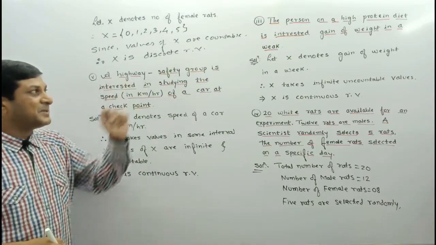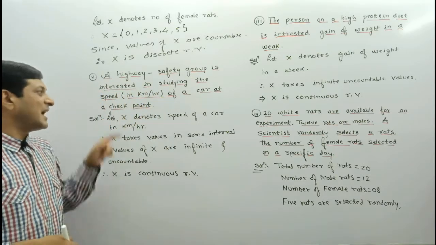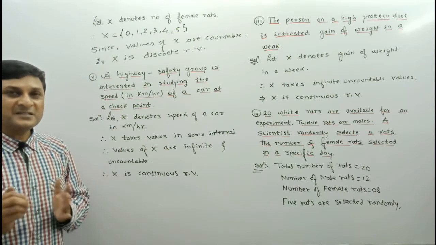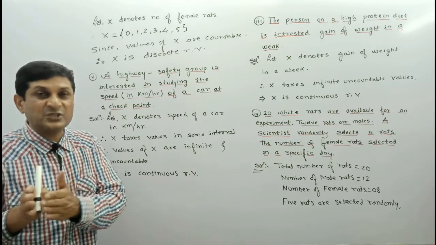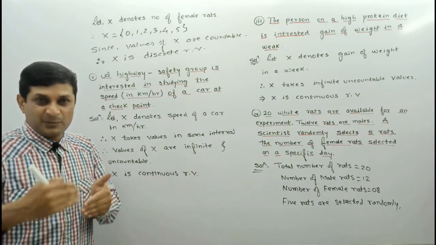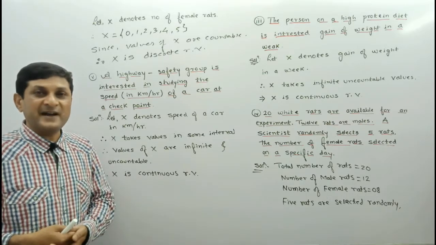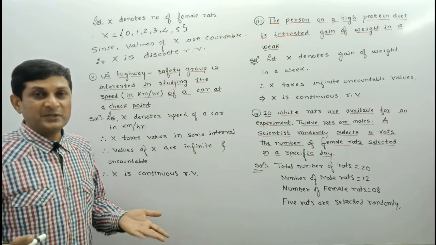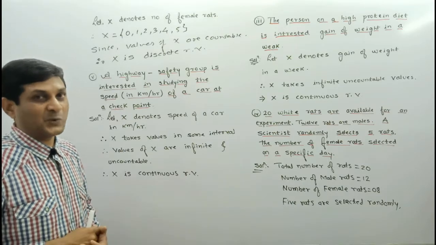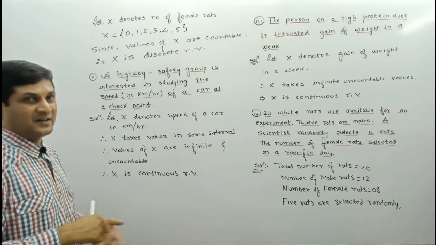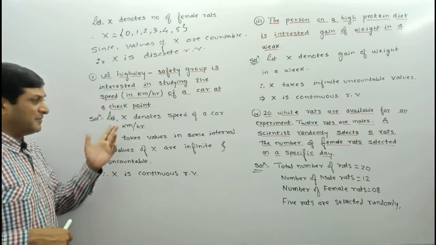A highway safety group is interested in studying the speed in km/h of a car at a checkpost. Now at some checkpost, let us suppose that the speed of a car takes values in some interval, suppose 70 to 80, but in between 70 and 80 infinitely many numbers are there, and we know that in between any two real numbers infinitely many real numbers are there. Means here value of x is what? Uncountable, infinite also and uncountable also. So that's why we can say that x is what? Continuous random variable,